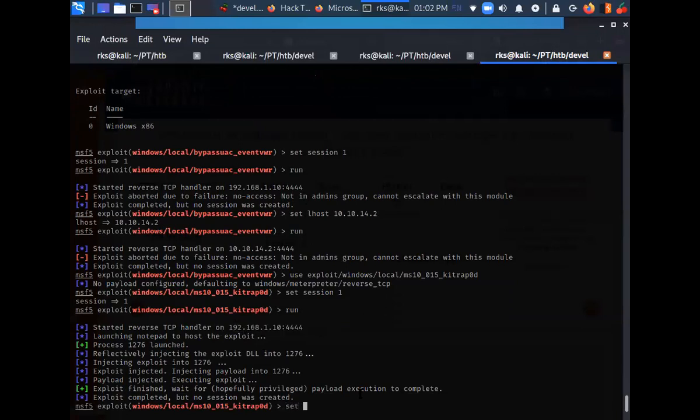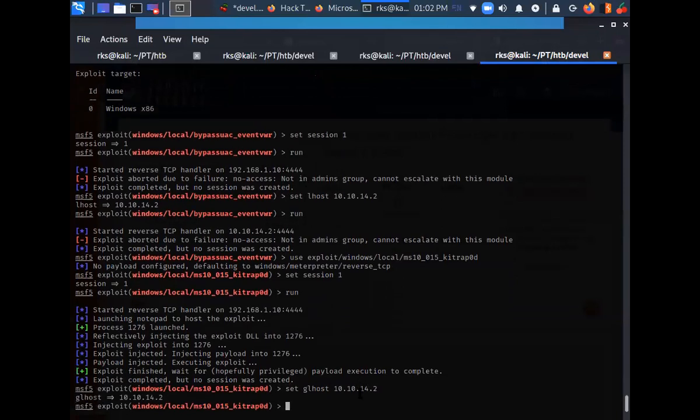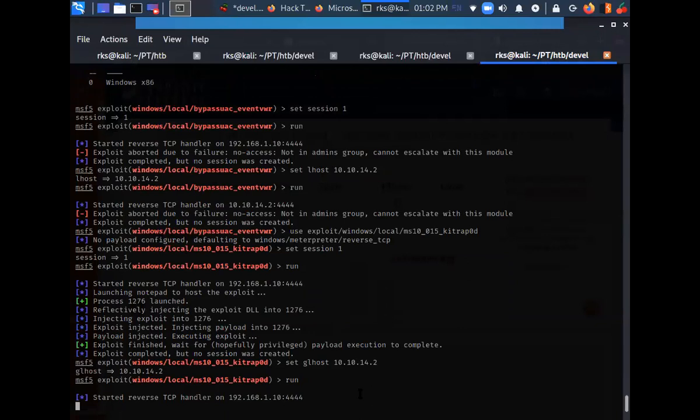Let's just do one thing, set LHOST 10.10.14.2. Let's click on run. Oh, this is a wrong command here. That is setg. I have given a space at the wrong position.